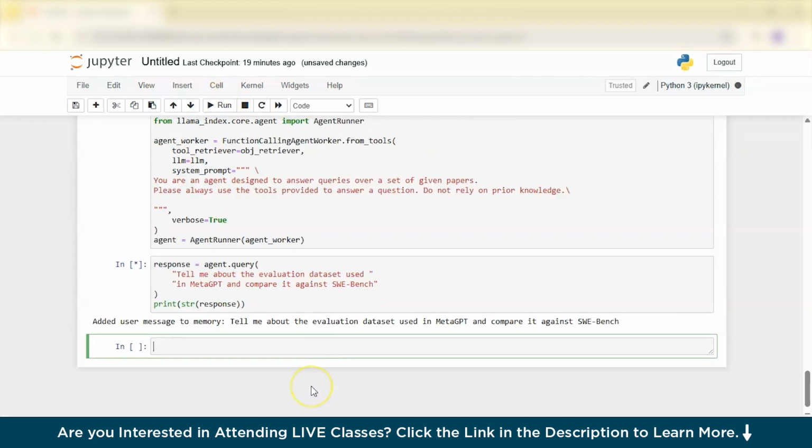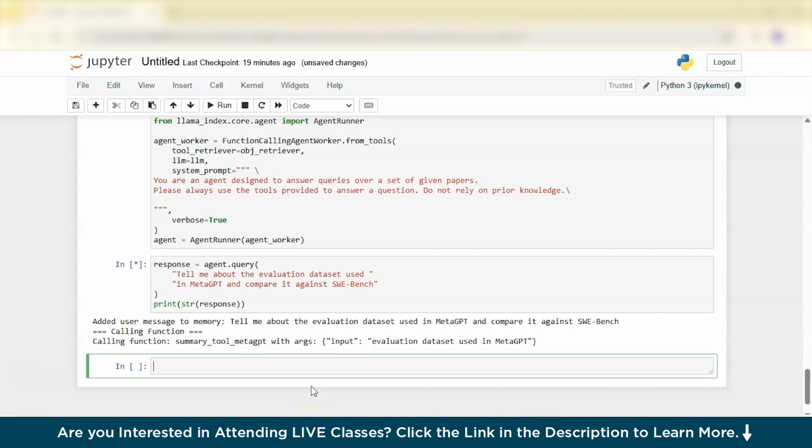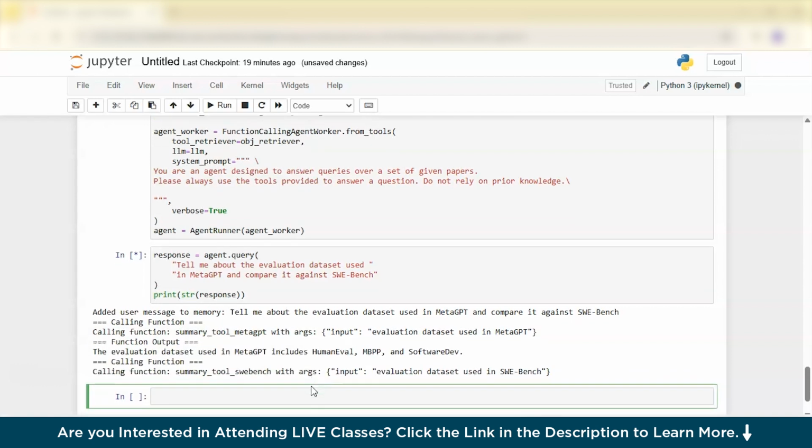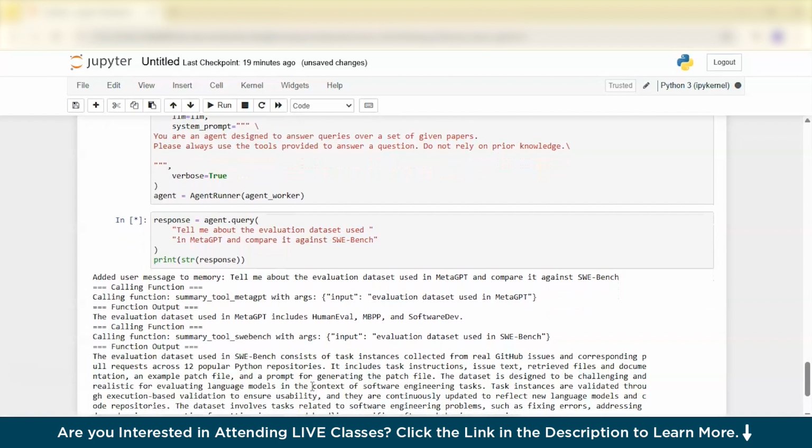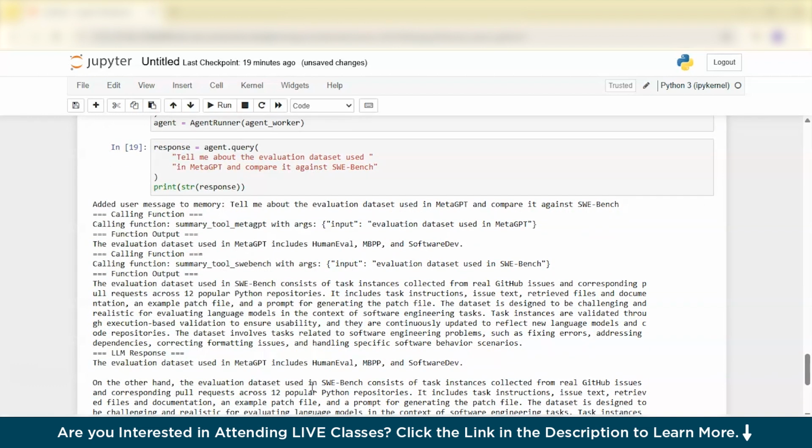The query function sends this question to the agent, which then retrieves the relevant information using the object retriever and processes the response using the language model. The retrieved and generated response is stored in the response variable. So finally, the print str response converts the response into a string and displays it. So this allows the AI agent to provide a well-structured answer based on the available documents, ensuring an informed comparison